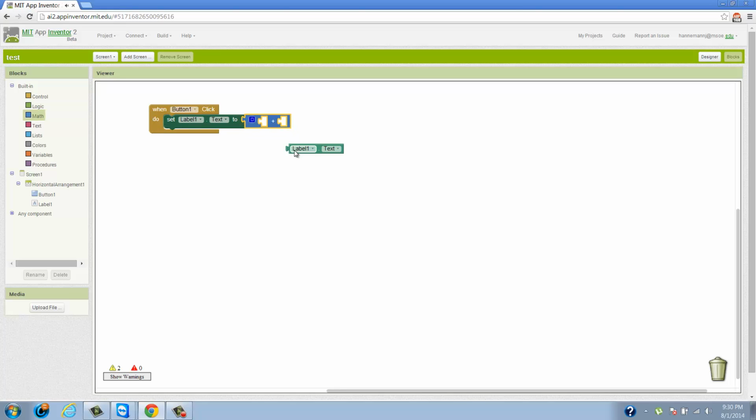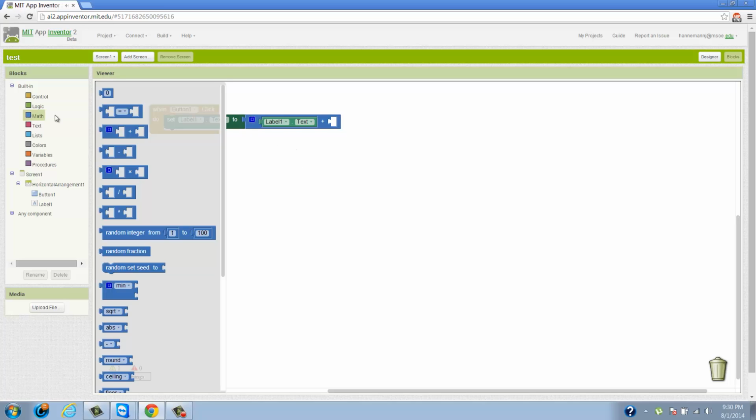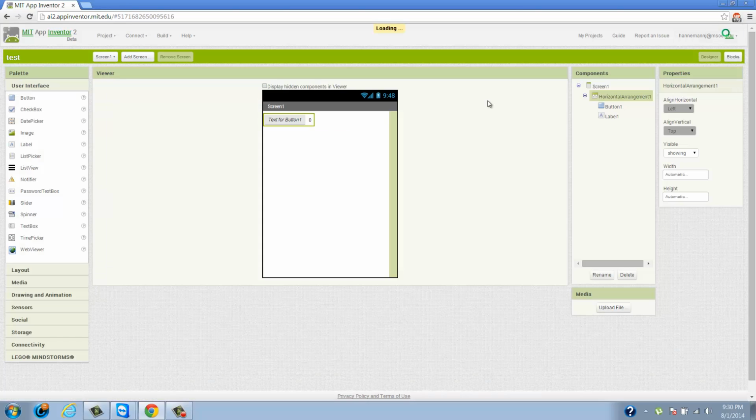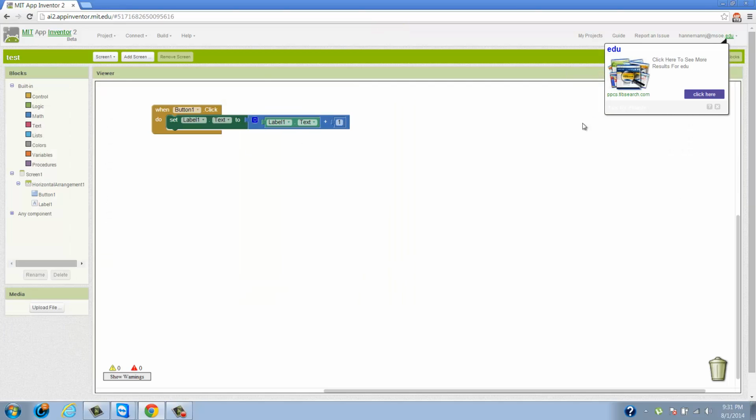And what I'm going to do is have this return whatever the number is, and I'm going to add 1 to it. So now I'm going to explain what this does. This is very, very simple. When the button is clicked, I'm going to set label 1, which is this here, to its previous value